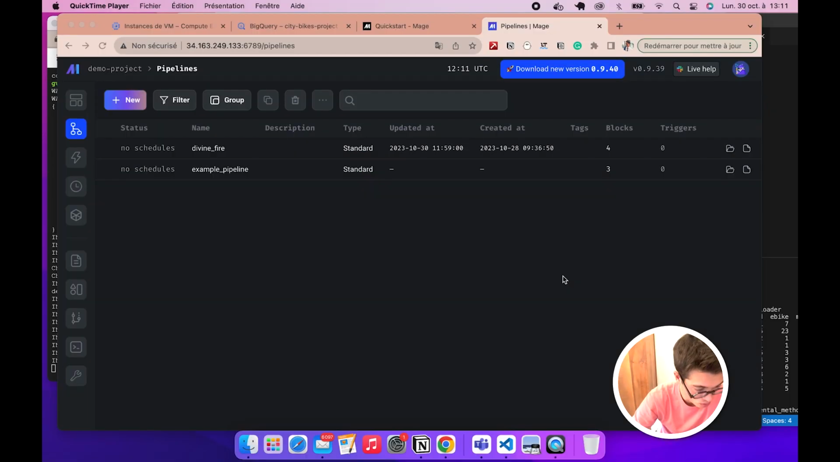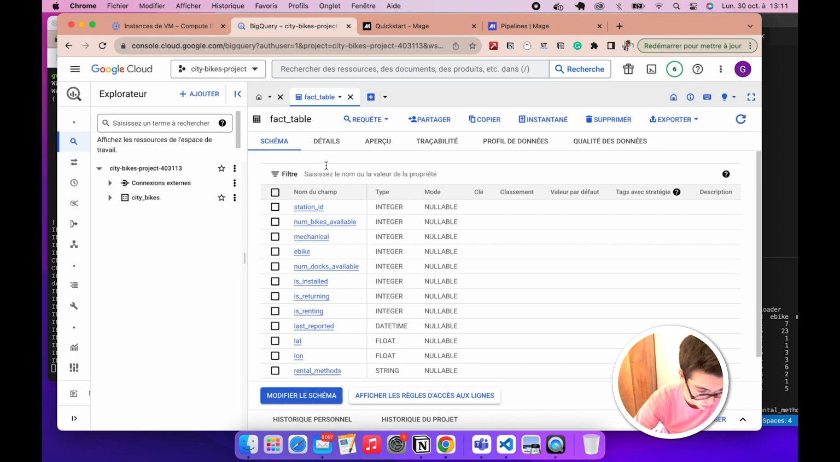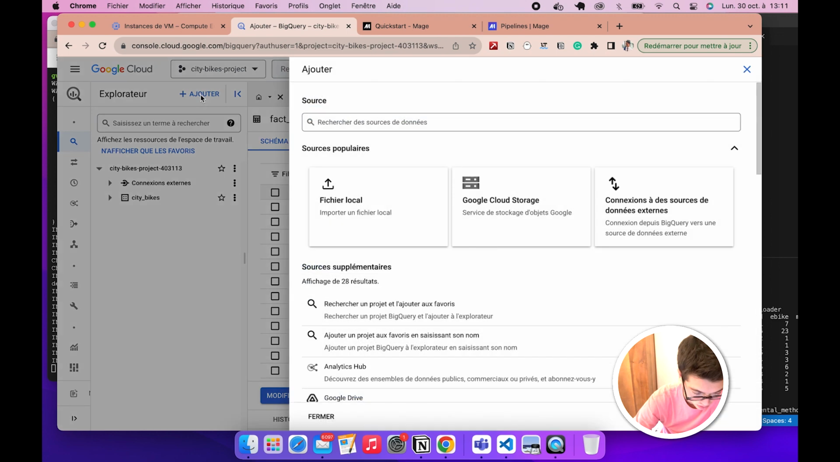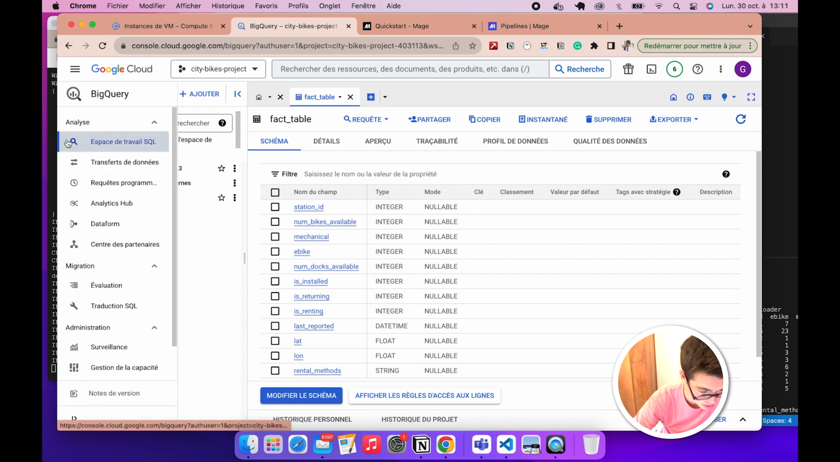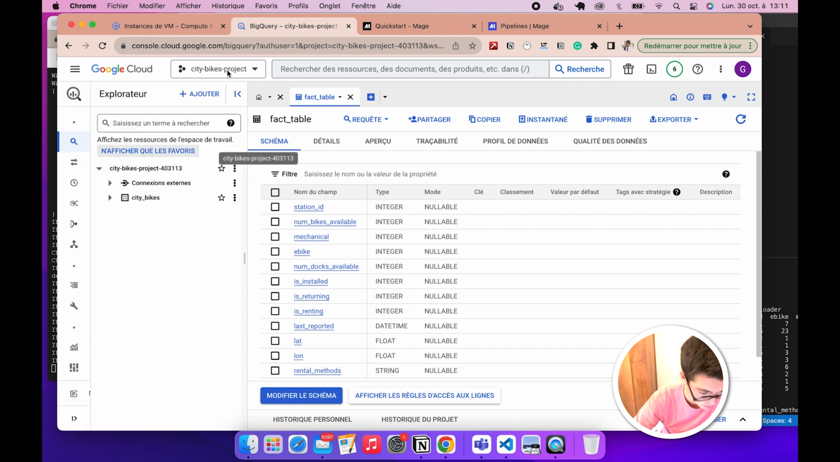We set up our Mage instance. Let's create a new BigQuery project. So what you have to do is go on the BigQuery Google Cloud and then add a source. Within the project you've created, you will be able to create datasets. So go on create dataset,